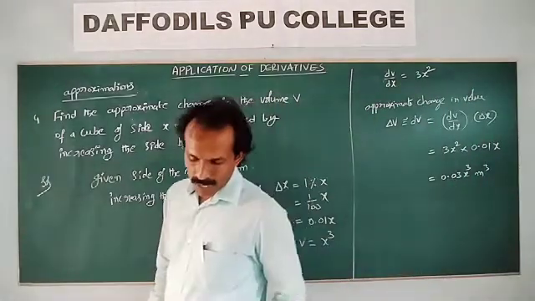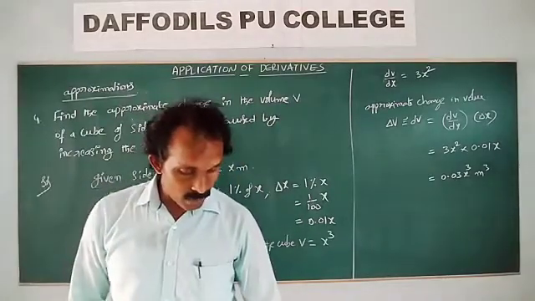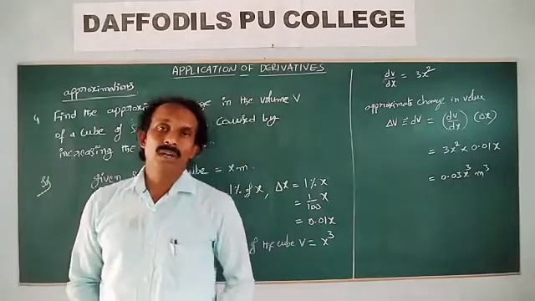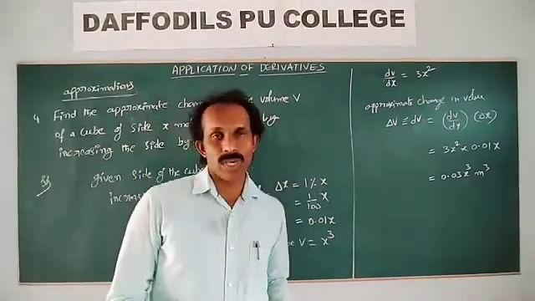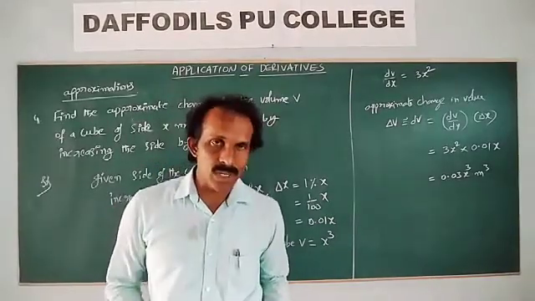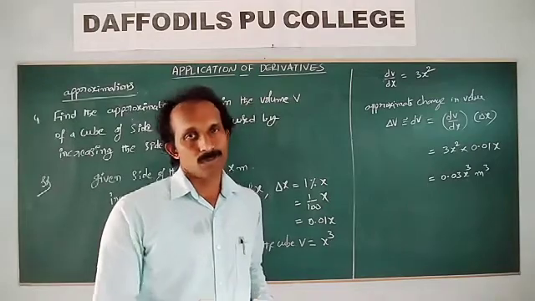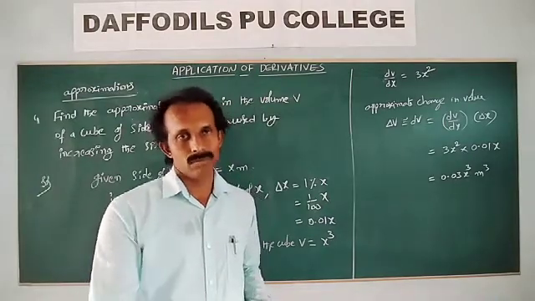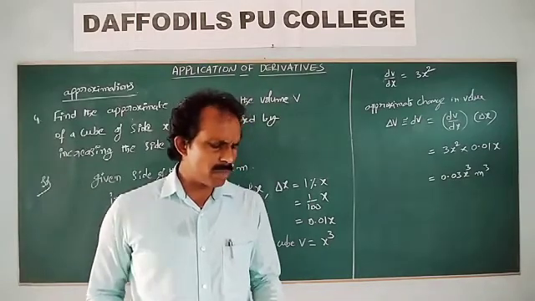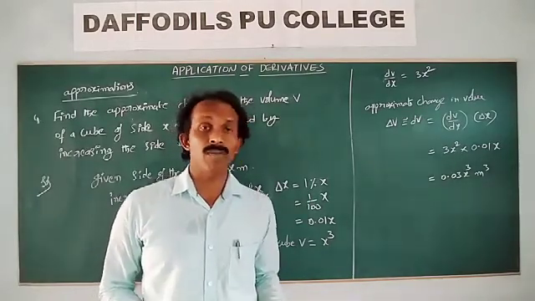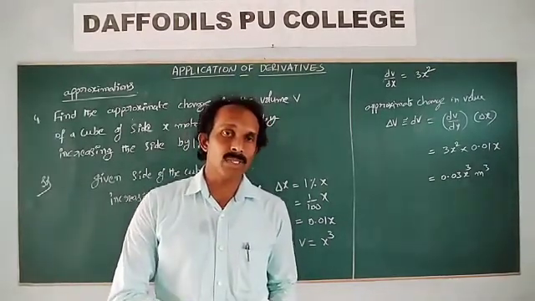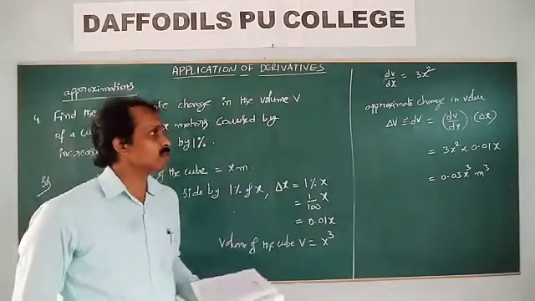So one type is the first problems, 15 problems. There we can apply delta y is equal to f of x plus delta x minus f of x, where f is square root, cube root, or 10th root of x, root y, root x or anything. And the next two problems, find the approximate value of f of 2.01. That is that problem, so find f of x plus delta x. So this type of model is like this.